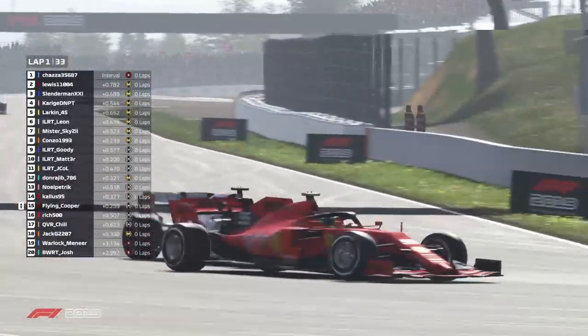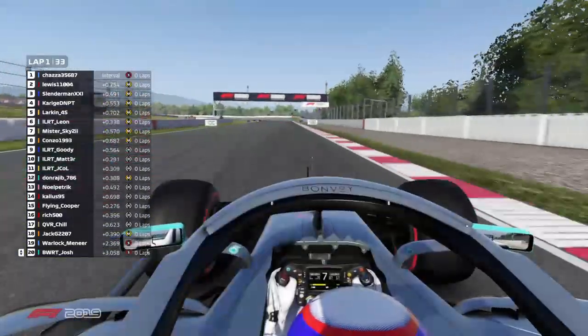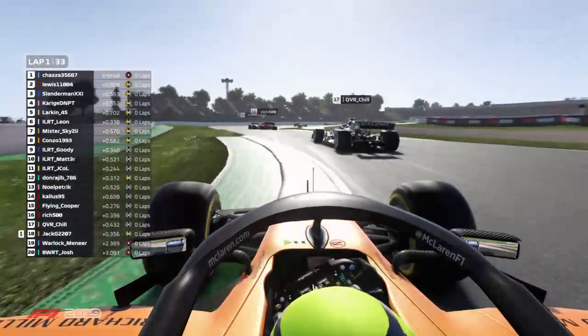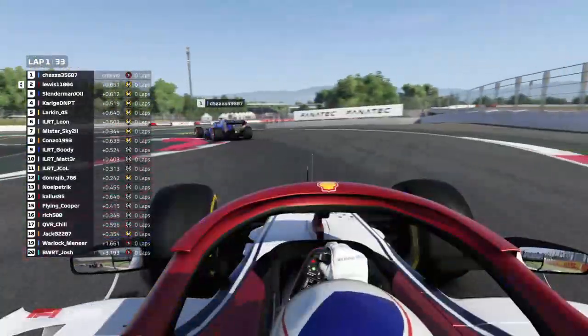It looks like, who's that in the background? Is that Warlock in the background? Yeah, it is Warlock and Josh. So they haven't lost too much time on the pack, as we see Jack right at the back of the pack, just making sure not to get in anyone's way. But anyway,